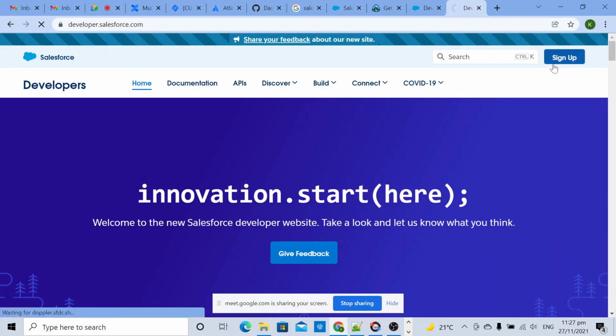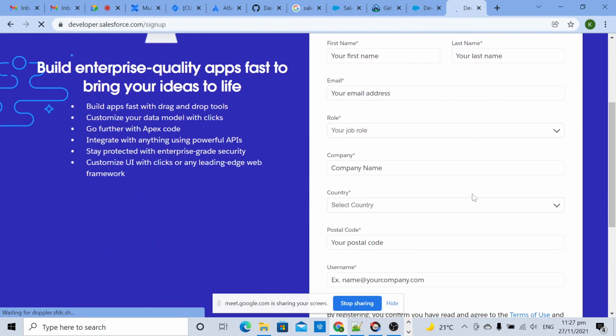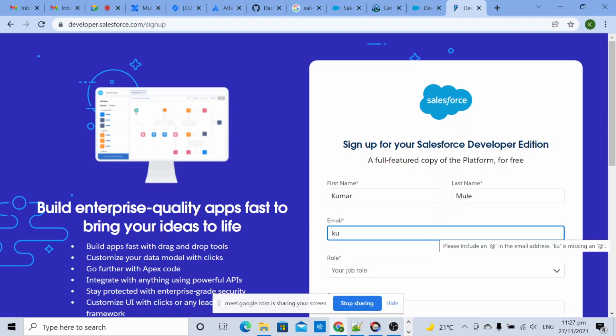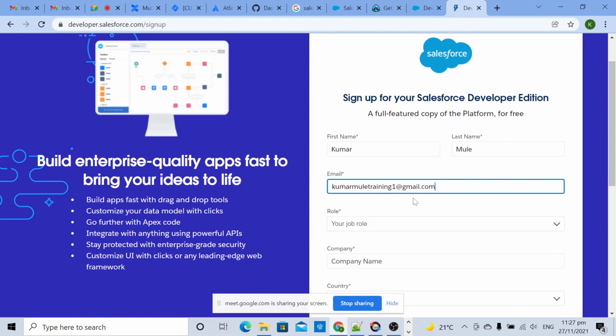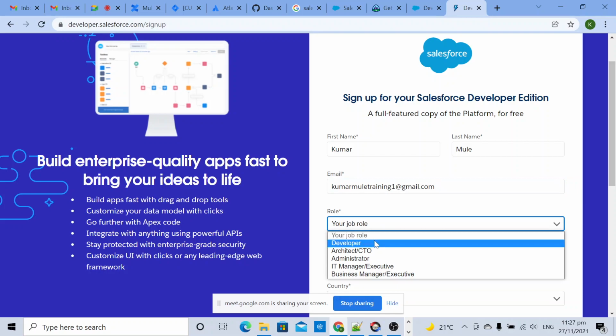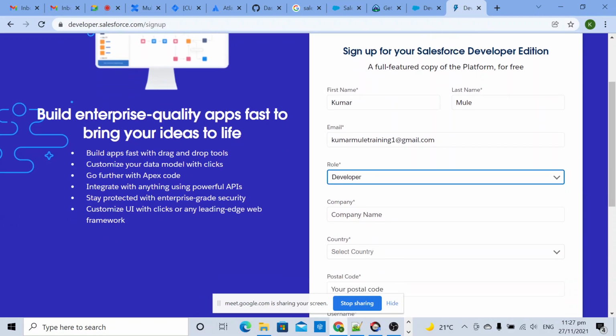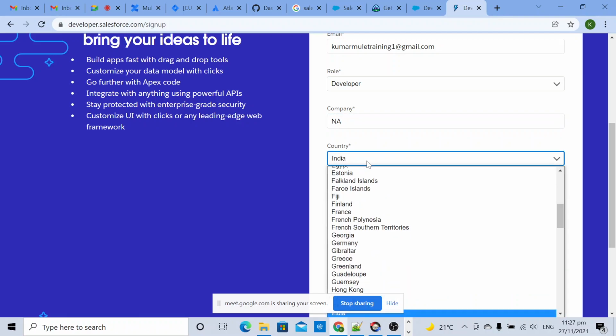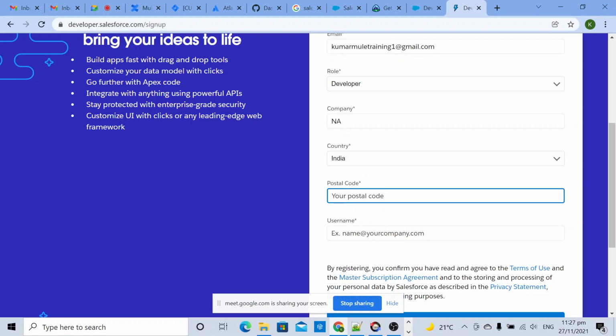Okay, then click on sign up. Here you need to provide your details. So first name, last name, your email address, your job, company name, you can put NA, select country, postal code,